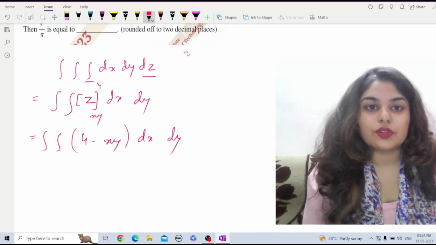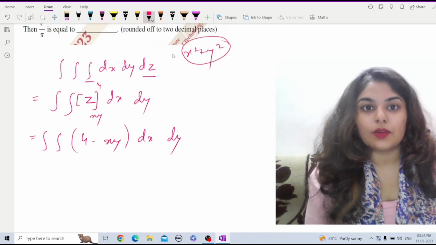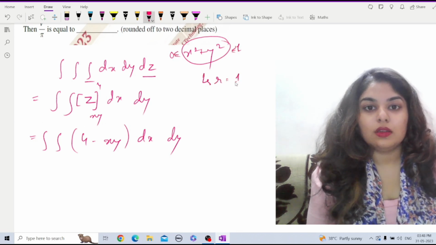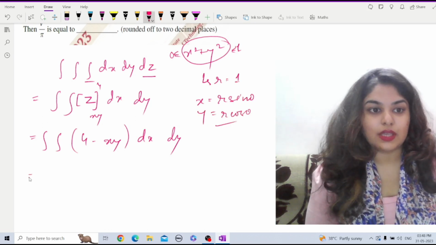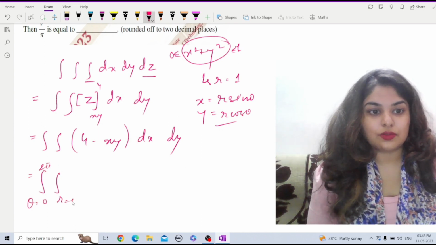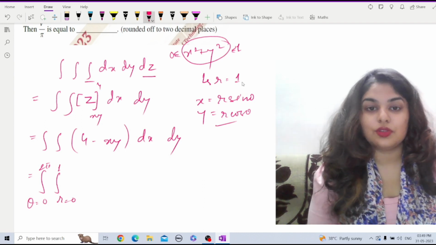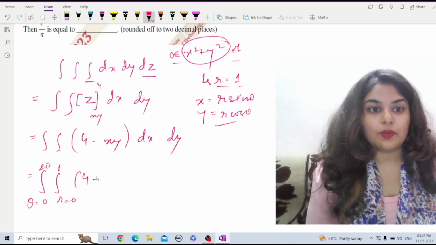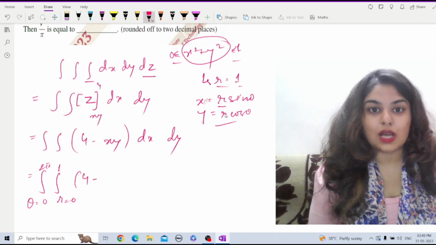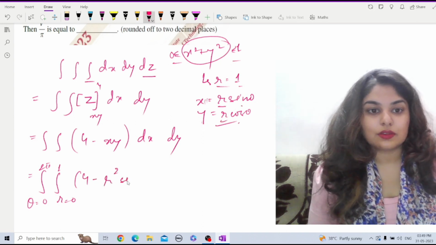Now one more condition given is the circle of equation, right? That is x square plus y square lies between 0 and 1, so from here the radius should be 1. Now if I take x is equals to r sine theta and y is equals to r cos theta and put it here, then we have theta from 0 to 2 pi, r from 0 to 1, because this is the range given. So here we can put 4 minus r square sine theta cos theta,